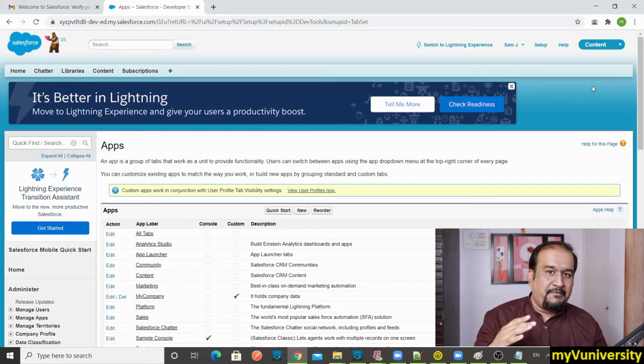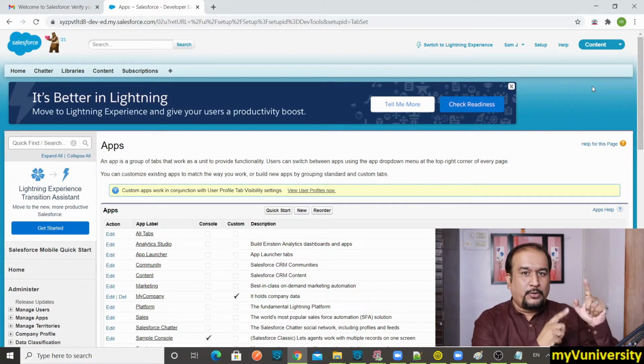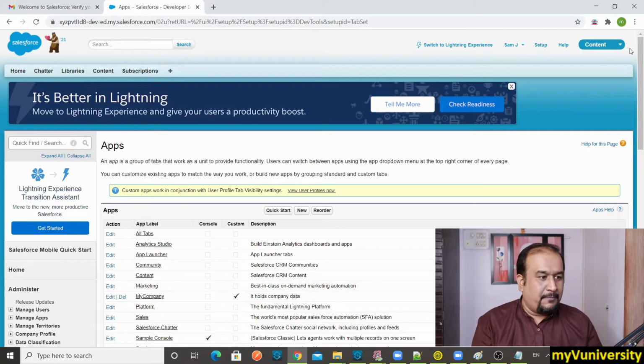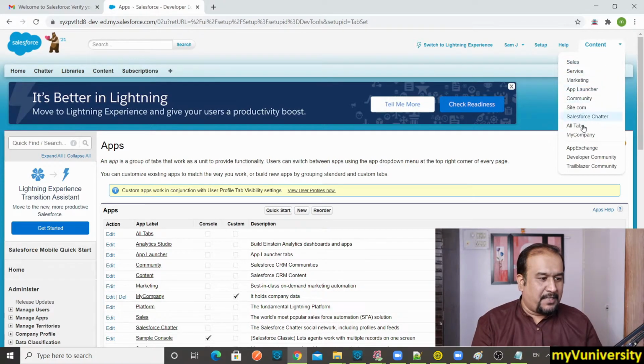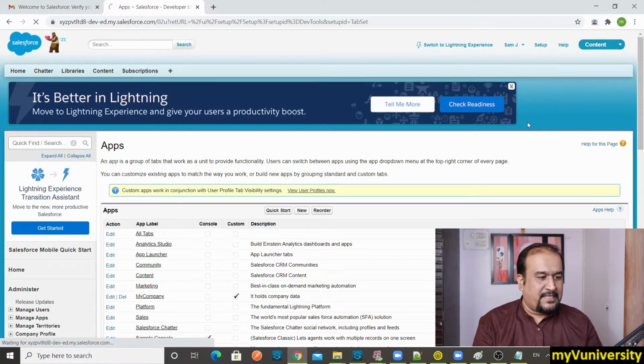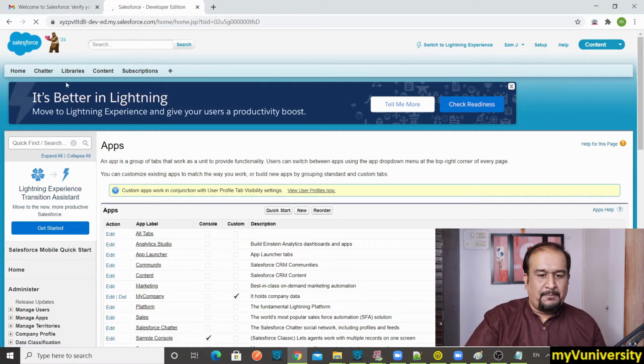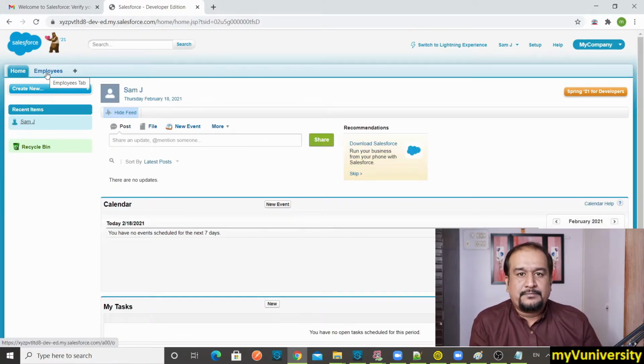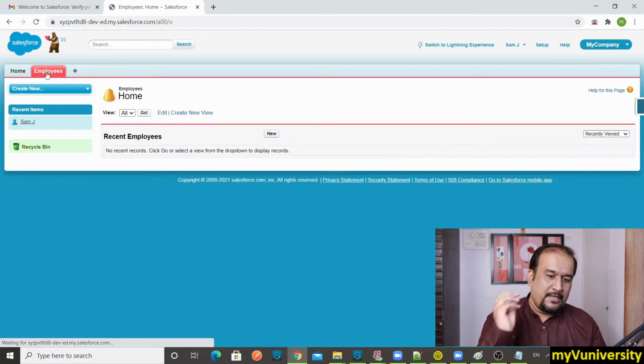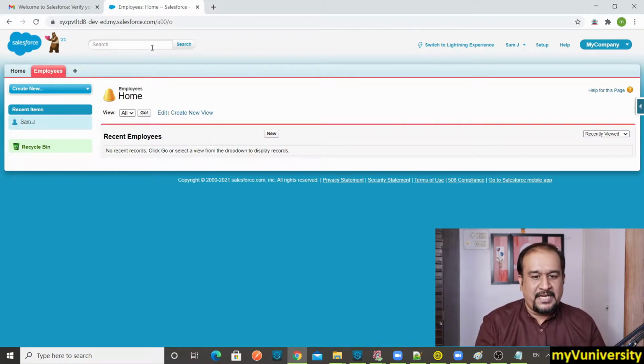Where my company will appear now, go to the upper right corner and you will be able to see my company is appearing over there. Let us select that and you will see the employees tab is appearing. If you go to the employees tab, now you can enter data inside employee. Can you see the color scheme as Bell? This orange color is there, this bell icon is there. So it's like the Bell theme which we have used.